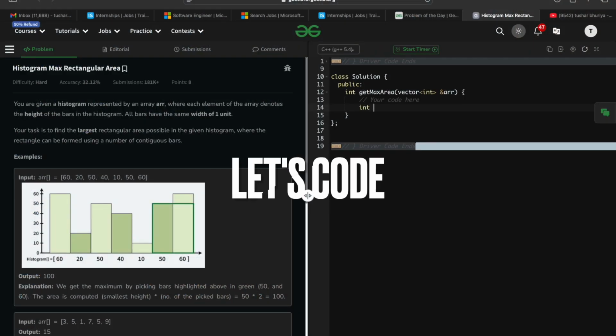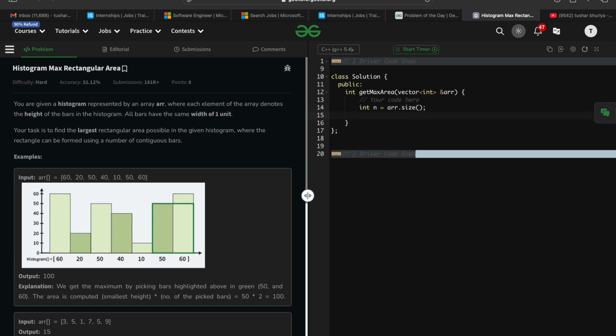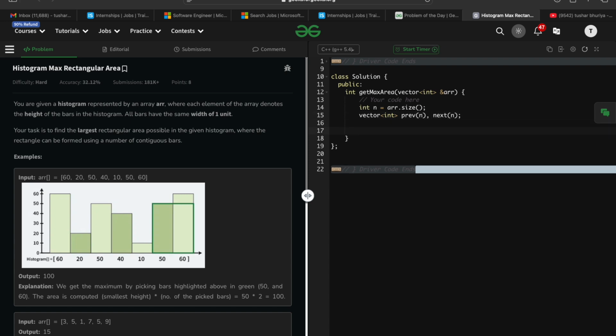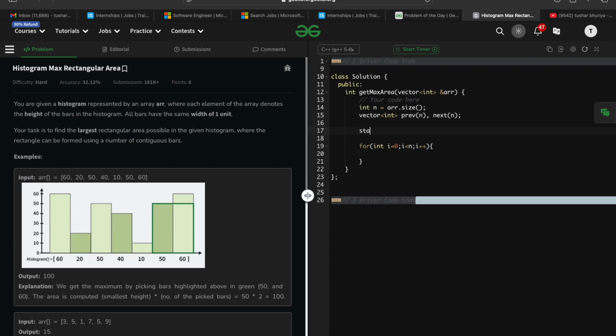Now n should be arr dot size, the number of elements, and we should have the previous and next smaller elements stored. So it should be vector of int, previous with size n and next with size n. Now we will calculate these previous and next elements. So just iterate through the array for i = 0, i less than n, i plus plus, and we should have a stack for that. Stack of int st,